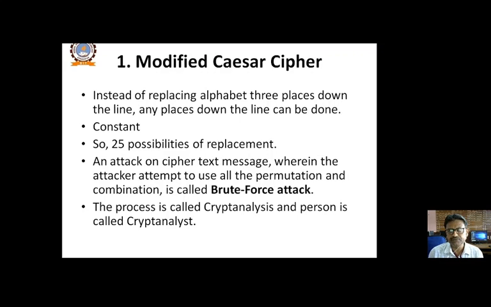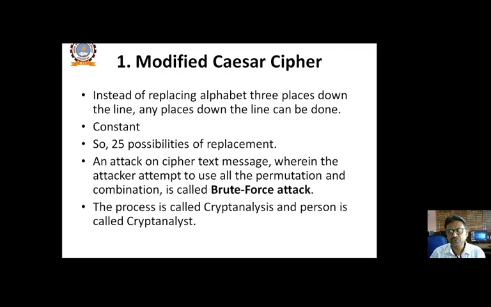In this modified Caesar cipher, instead of replacing the alphabet three places down the line, any number of places down the line can be used. Caesar cipher says that you can replace each character three places down the line. But that is a very easy method. If anybody knows that a person has encoded his message using the Caesar cipher method, and also knows that you have to replace the character by three places down the line,